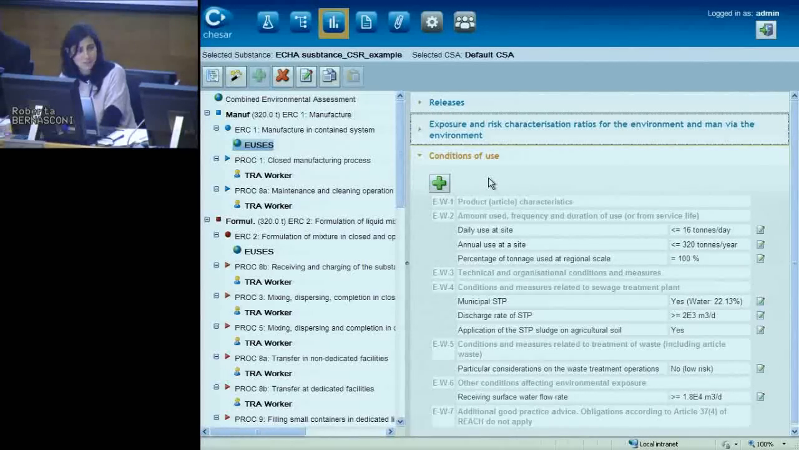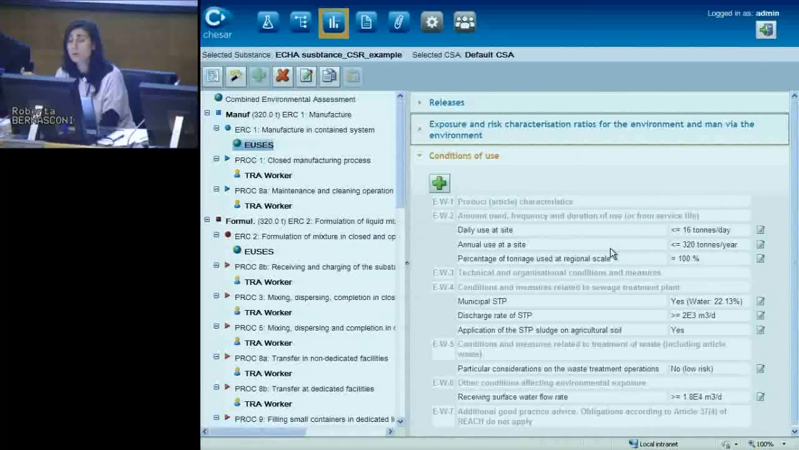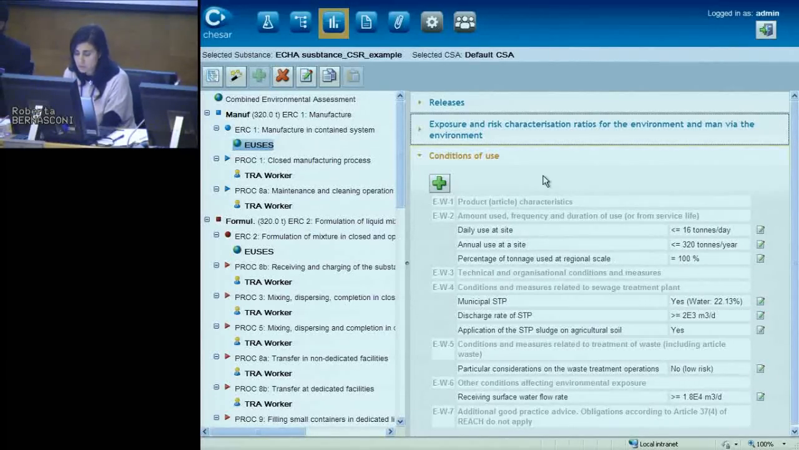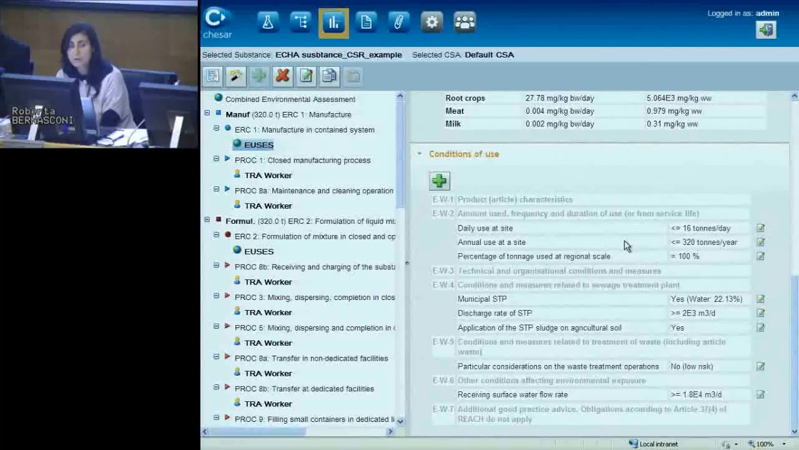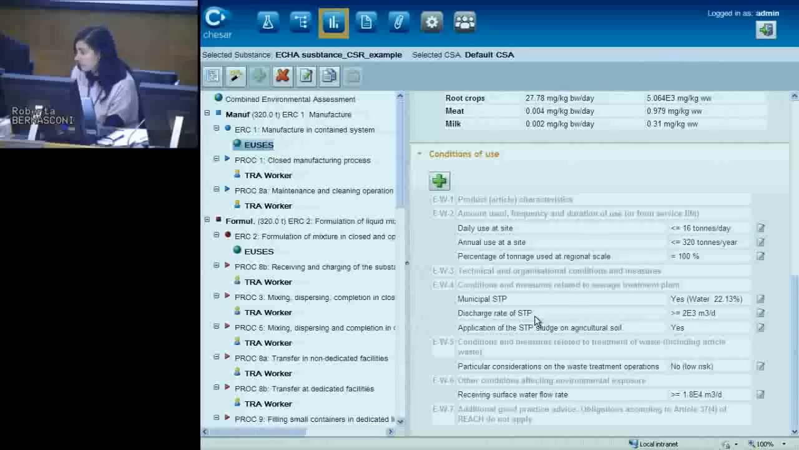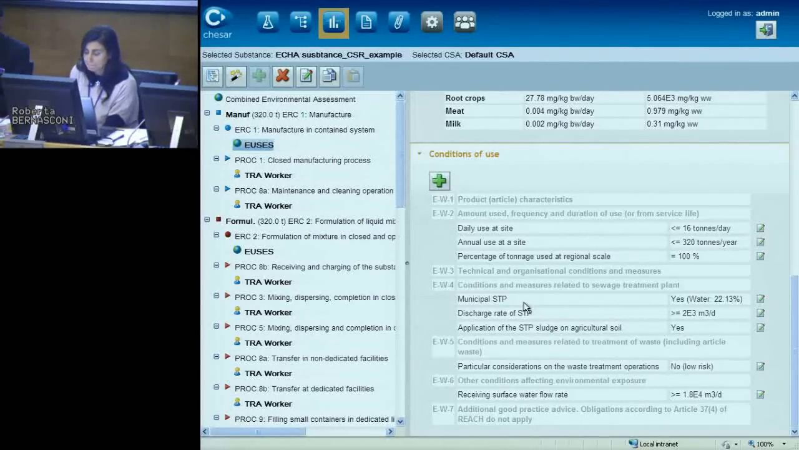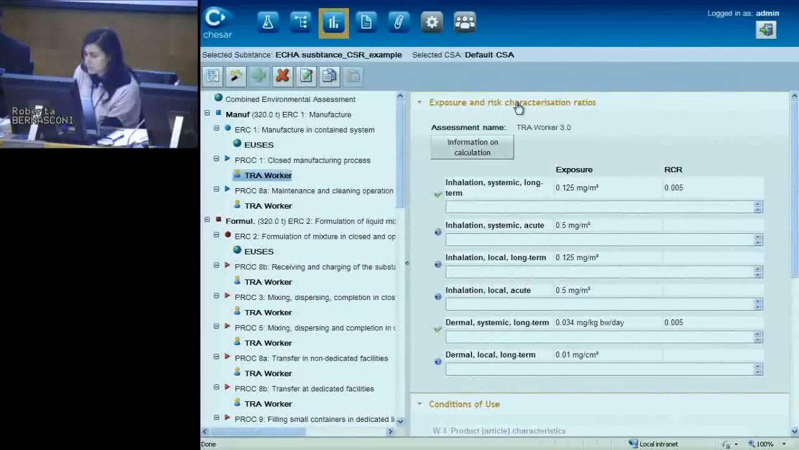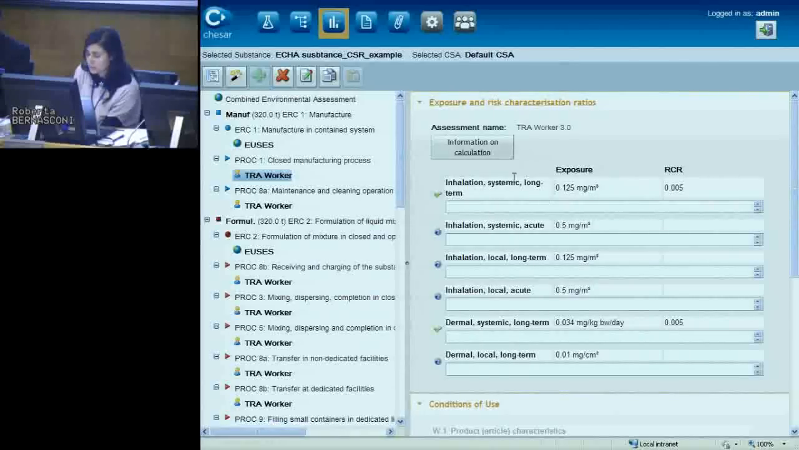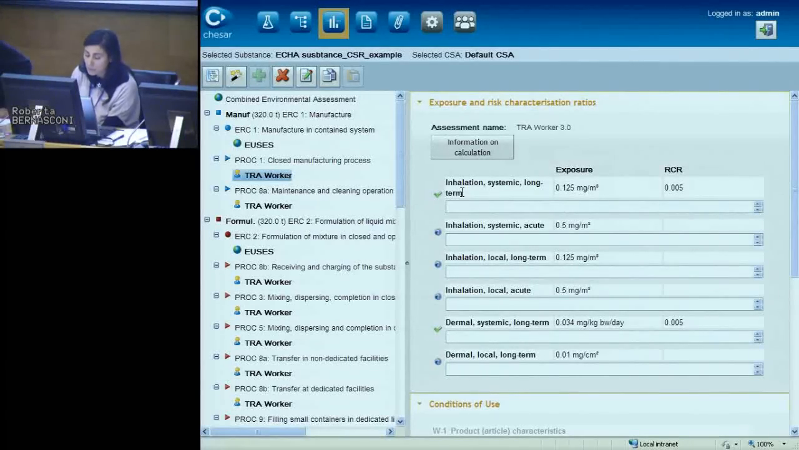And then I have the list of the conditions of use that are coming from the uses. So it means that the estimates, the estimators indicated here, this local PEC, are coming if the conditions of use indicated down there in the conditions of use tab are the ones indicated there. So the same for the TRA worker. I have the exposure and risk characterization ratio from the TRA for the routes that are quantitative,